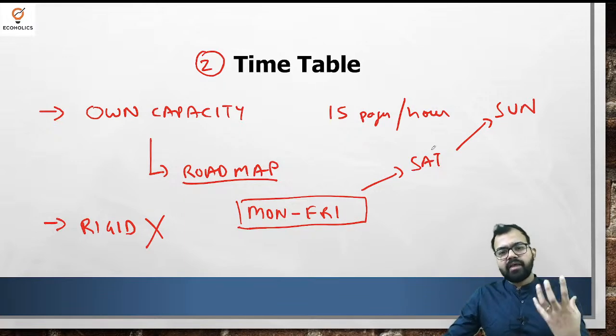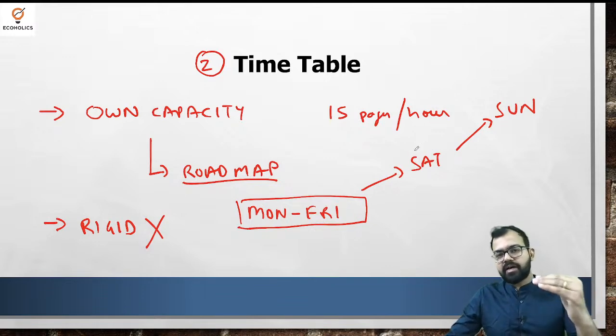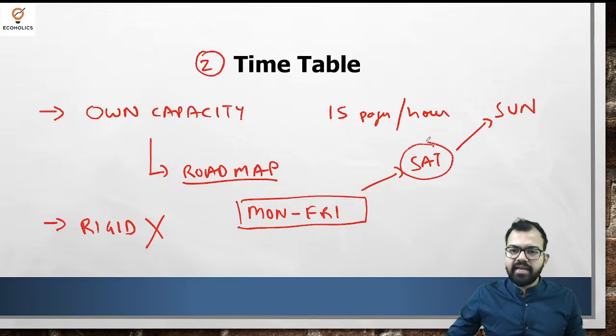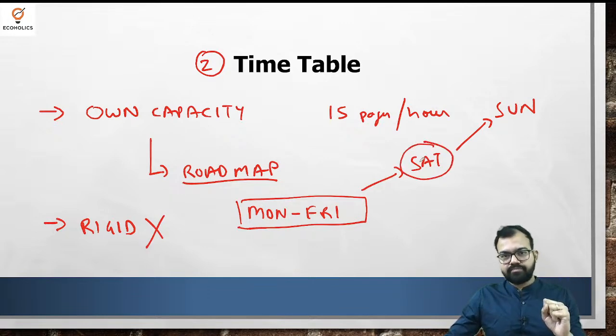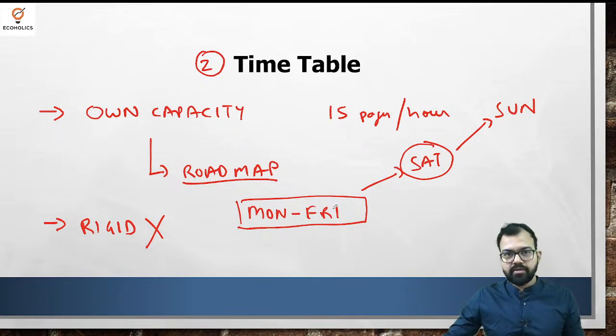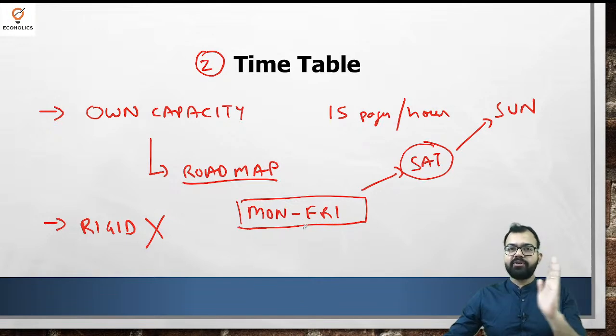फॉर एग्जाम्पल, आपने मंडे से फ्राइडे में सारा काम कंप्लीट कर लिया. ठीक है, जैसे जैसे आप आगे बढ़ते गए मंडे से फ्राइडे में सारा काम कंप्लीट हो गया. देन सैटरडे आपका बच जाएगा. फ्रॉम द नेक्स्ट वीक ऑनवर्ड्स यू इंक्रीज योर टारगेट फ्रॉम मंडे टू फ्राइडे. Okay, you increase your diet, you increase your capacity. I hope you understand that. So if suppose for example you are able to complete your target from Monday to Friday, then Saturday will leave empty.